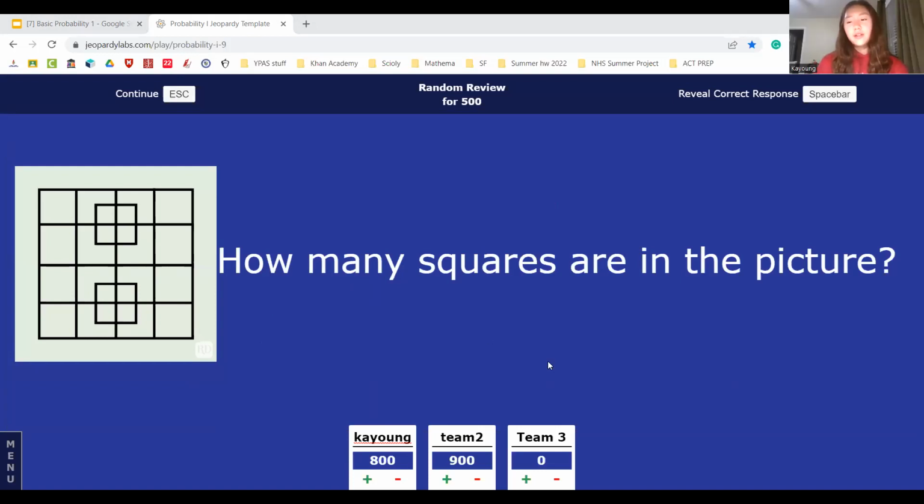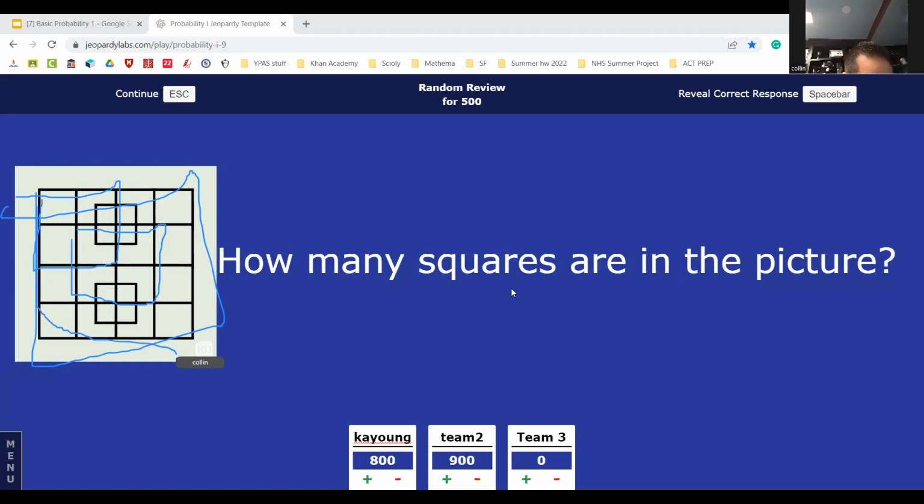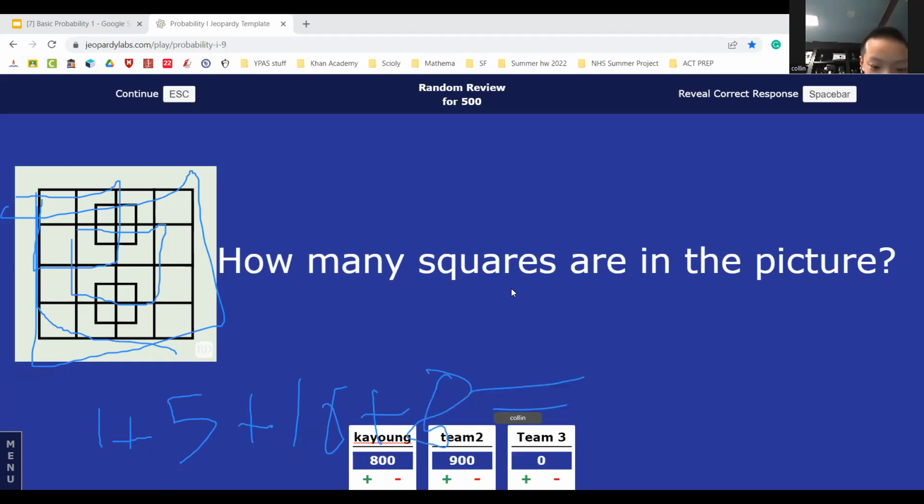$23 says Shay. Okay, it's 30. I'm going to annotate whether you like it or not. So there's a big square. There's 4 medium squares. Well, actually, there's also a medium square in the circle, so there's 5 medium squares. There's 1 big square, 16 little squares, and 8 more really tiny squares. So that's 1 big square plus 5 medium squares plus 16 pretty small squares plus 8 really tiny squares, which is 30.